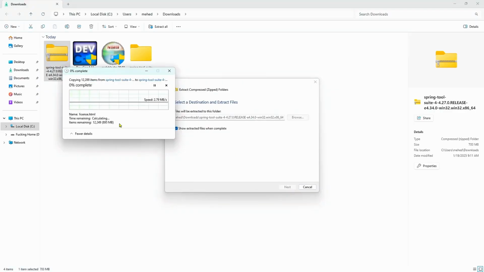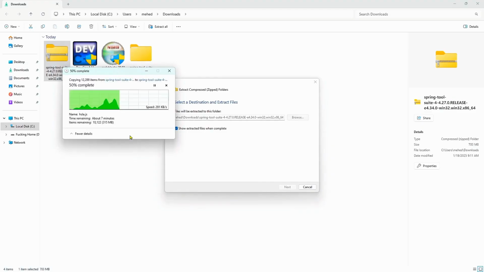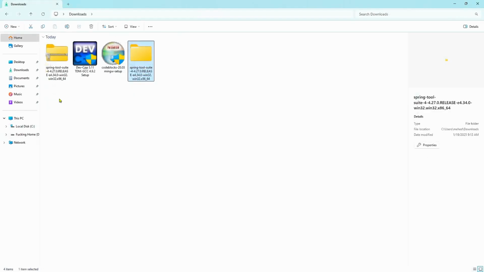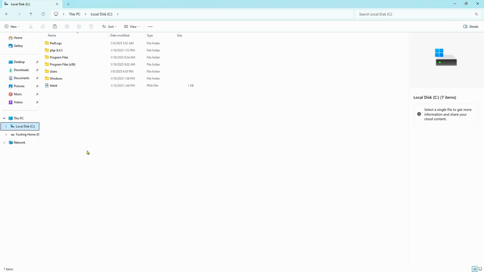you can see that the extracting has started, and it will take some minutes to complete. For that, keep patience. And after unzipping the folder, you can see the Spring Tools folder will be opened over here. If you just need to cut it from here to the local C drive, just simply paste it over here